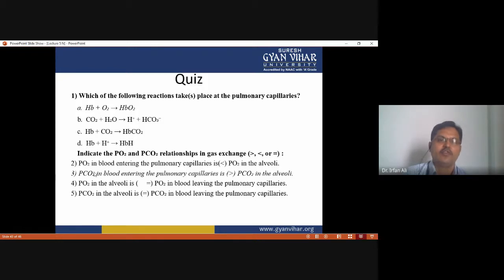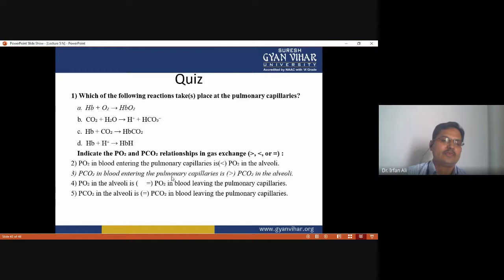That's why the partial pressure of O2 in the blood entering the pulmonary capillary is lower than the partial pressure of oxygen in the alveoli. Okay, and the partial pressure of CO2 in the blood entering the pulmonary capillaries is higher than the partial pressure of carbon dioxide in the alveoli, and the partial pressure of oxygen in the alveoli is equal to the partial pressure of oxygen in the blood leaving the pulmonary capillaries,